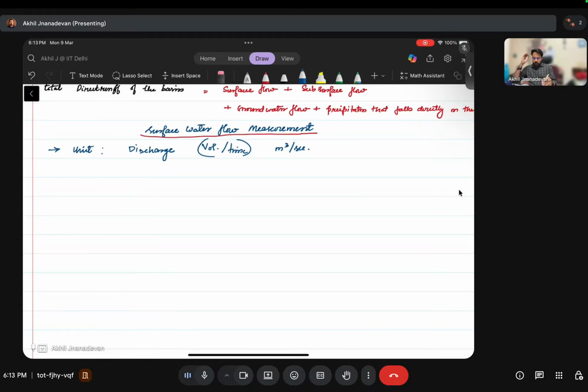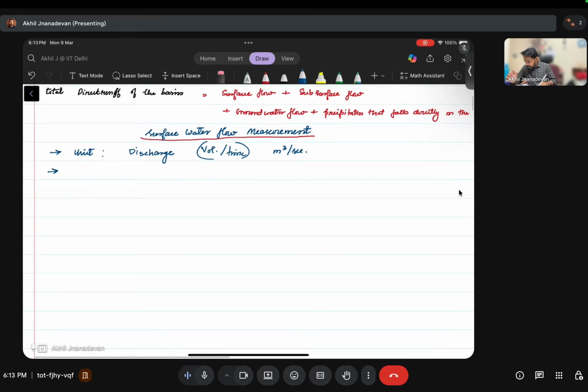So what we have been doing as an alternative is using an easier method. Instead of measuring the discharge, we measure the stage. Stage is nothing but level. So one thing we measure is the stage, and then the second thing is once we measure